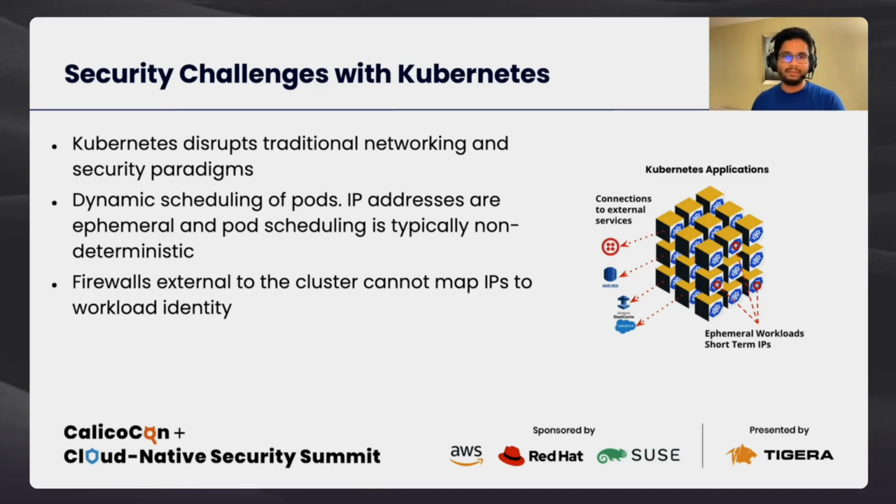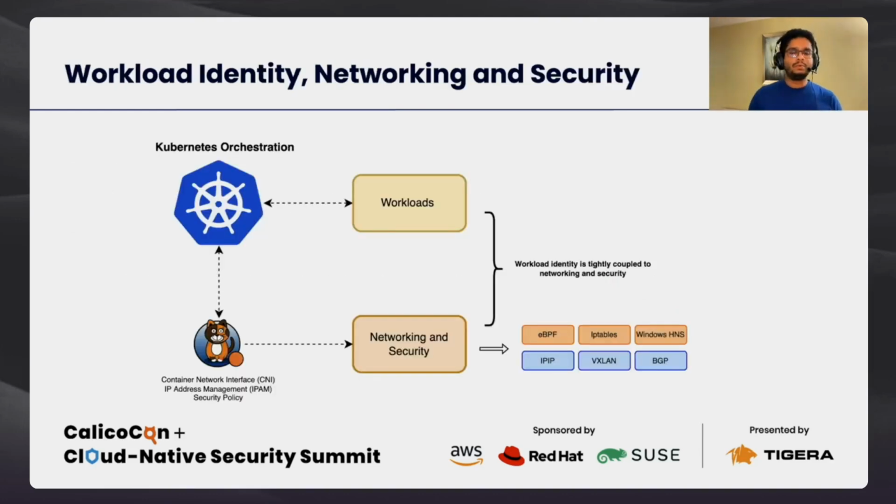security policies based on IP addresses because the IP addresses for a pod are non-deterministic. With those challenges also comes an opportunity, and we'll look at Calico a bit in this slide. Calico, among certain other functionalities, primarily offers the container network interface for Kubernetes, IP address management, and the security policy